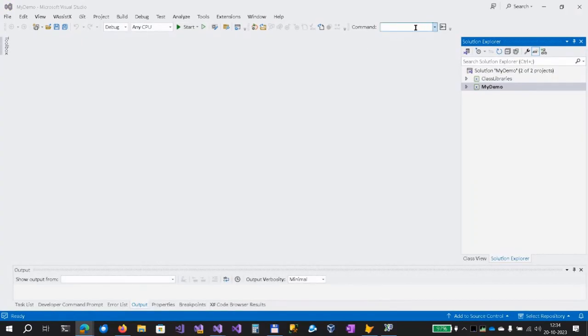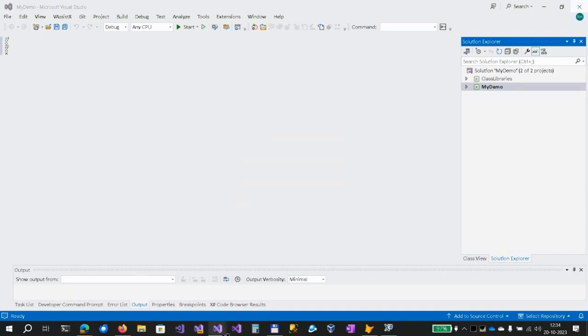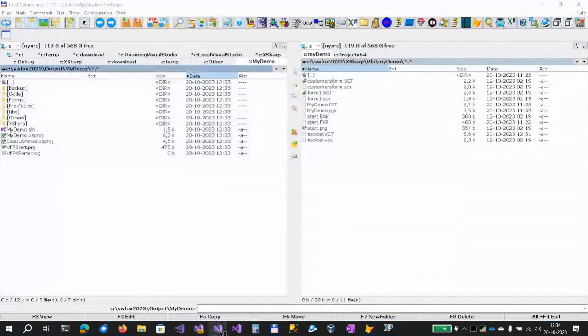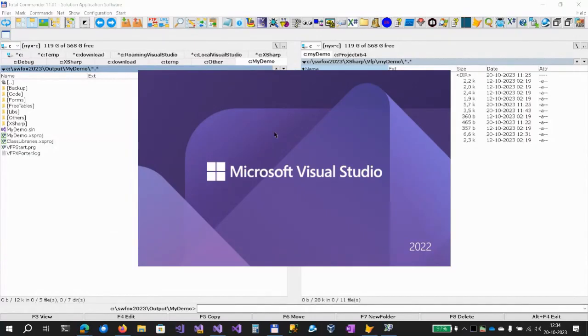I should probably open this in another version so the font is bigger, because I have a version of Visual Studio set up for presentations, which I forgot about. Come on.